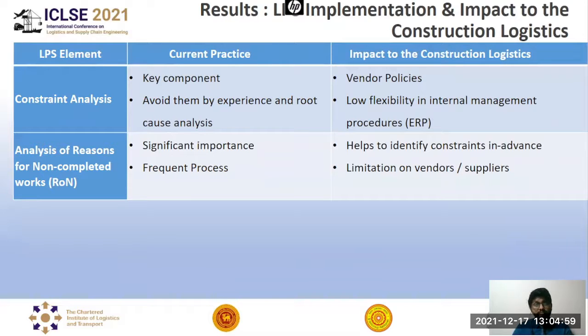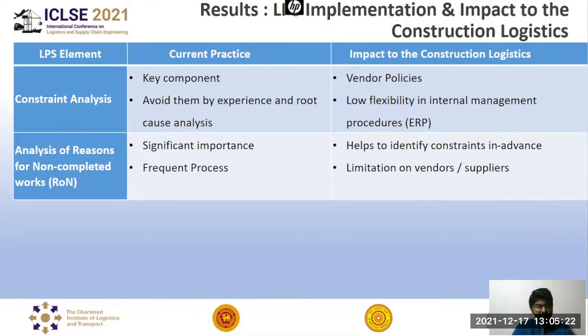The low flexibility in the internal management procedures, such as ERP systems and the other management processes which are established by the organizations. However, even though they are established for the betterment of the organization, sometimes to improve logistics, they come as a constraint. So coming to the analysis of the reasons for non-completed tasks, which is one of the key features, and